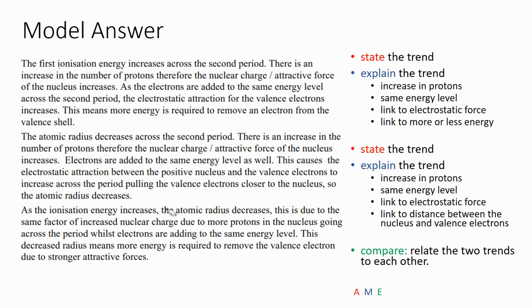And then for excellence, you have to add this bit here, where you compare the two trends. As the ionization energy increases, the atomic radius decreases as you go along the second period. The same factor of increased nuclear charge due to more protons and electrons on the same energy level means a decreased radius but stronger attractive forces, meaning more energy is needed to remove the outermost electron. So I will post this PowerPoint for you to look at, and I